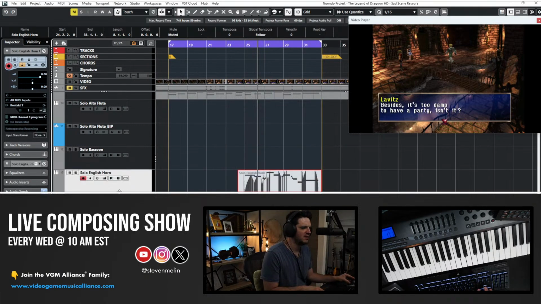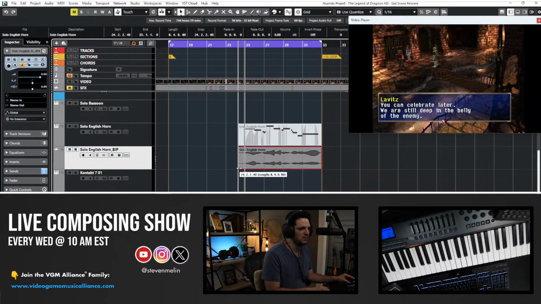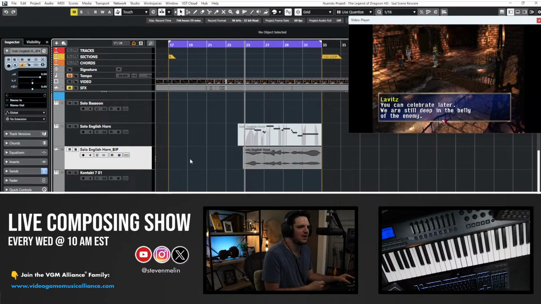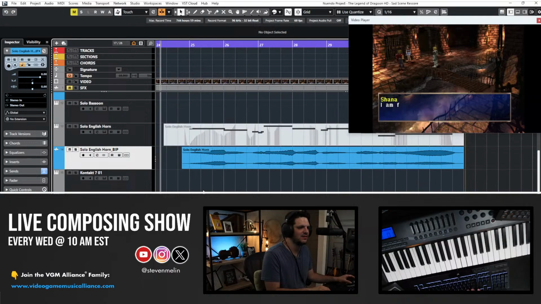I'm happy with that so far. I don't want to be so cliche in using the cello, but I feel like it might be the right time for a cello. I'm very tempted to go buy a cello in real life because I keep wanting to use cello, but I hate sampled cellos. As a string player, I just hate using fake strings. It's really, really bad. Woodwinds don't bother me as much.